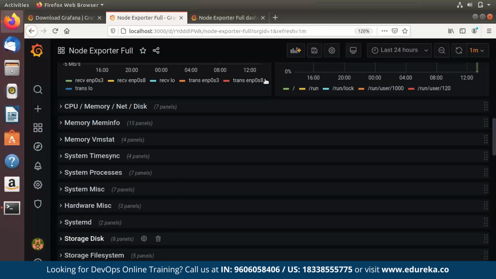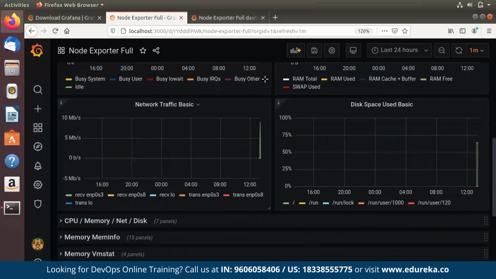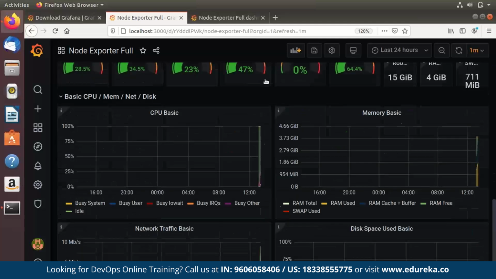So there are several different panels that have already been created by Grafana, and all you have to do is import it and add your data source. That is your Prometheus, right? And this is way better than viewing it on Prometheus because Prometheus has everything in text and in terms of metrics. So it is very boring to view it like that. I'd obviously prefer Grafana to view all of this.